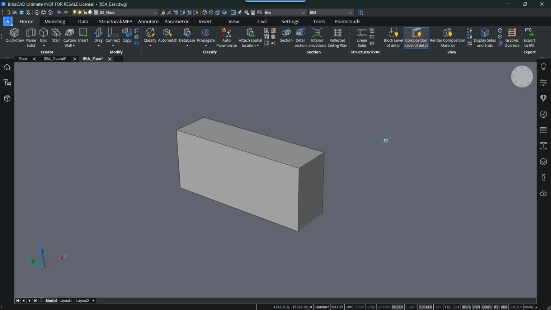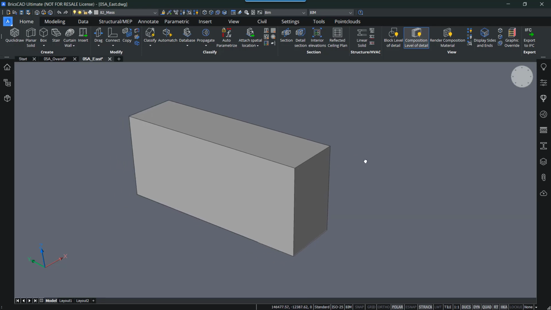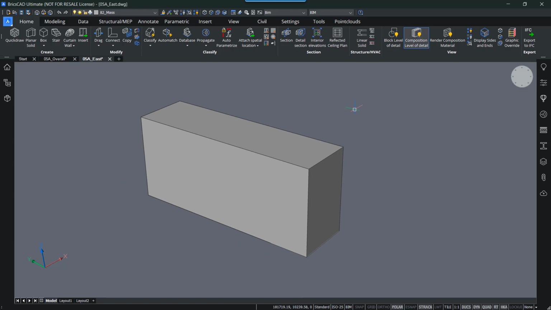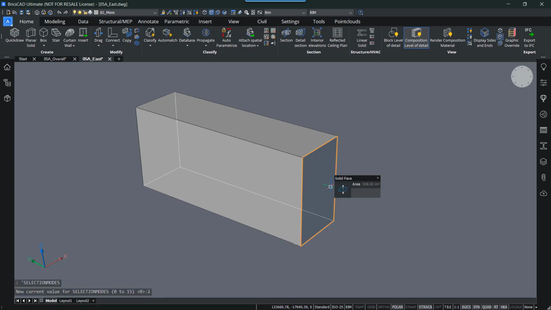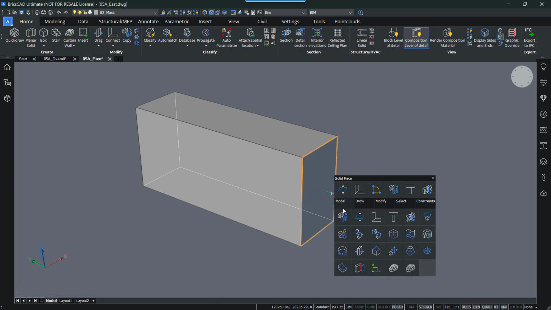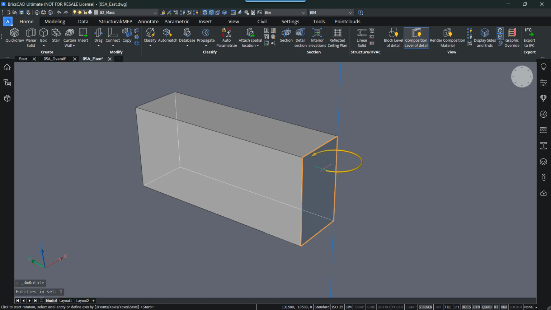First things first, let's rotate some faces. So make sure that your detection of faces is on, so you can toggle it on here or here. So prioritize selection of faces, and then for example hover over this face right here, and then you can check this command here, sorry, rotate. So then you will see this icon appear of an arrow, and it will indicate or snap to a certain axis where you can rotate this certain surface.